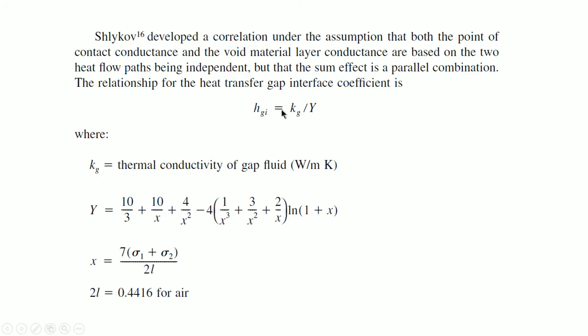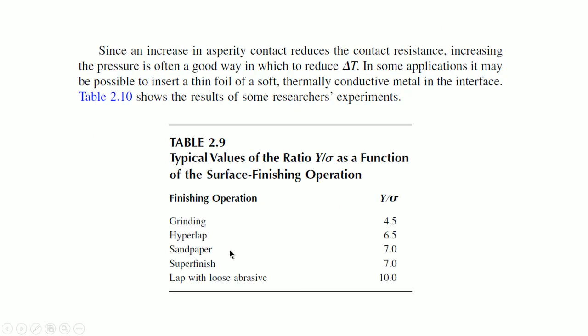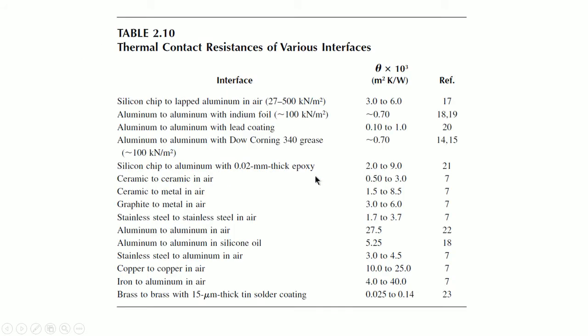So, they have given all these things, saying thermal conductivity with the gap fluid, and everything depends on what is x and all that, which is possible for you to determine, provided you know all the values. So, y by gamma as a function and all these things are already